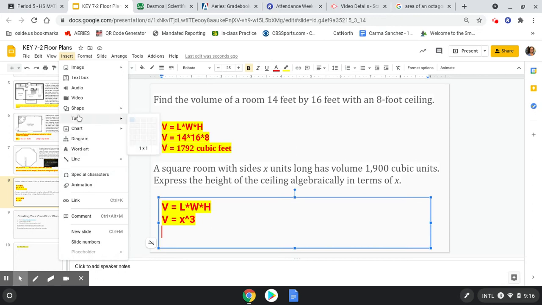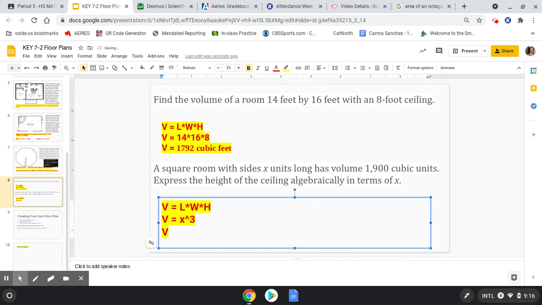And there's no insert equation in slides, I forgot. So you're just going to say that the volume is equal to the cubed root of x. Sorry, the cubed root of the volume. Oh man. Hello, Karma. Okay, so x is equal to the cubed root of the volume. We have to take the cubed root of both sides. All right. Anyways,